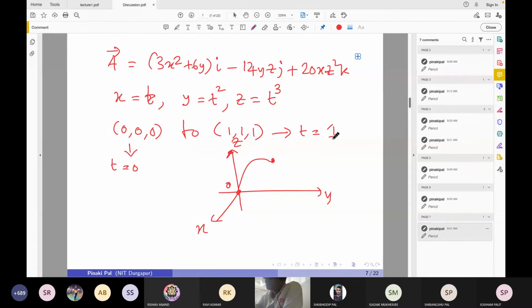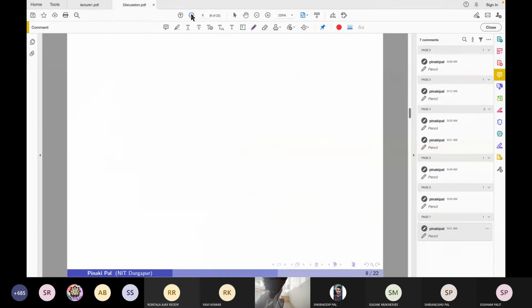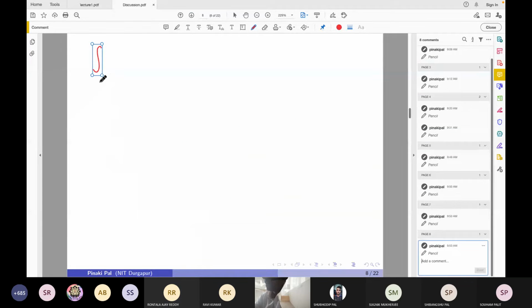That is our observation. And from this we can easily deduce that dx is equal to dt, dy is equal to 2t dt, and dz is equal to 3t square dt. Okay, so now we are in a position to evaluate this integral